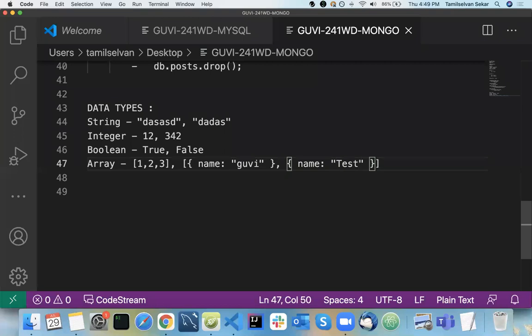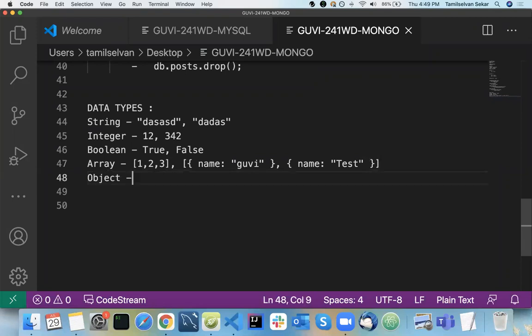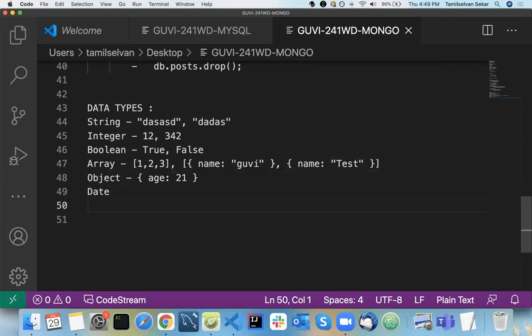You can store objects as well. You can store plainly something like age equal to 21. Same way you can store null values, you can store dates. What else?